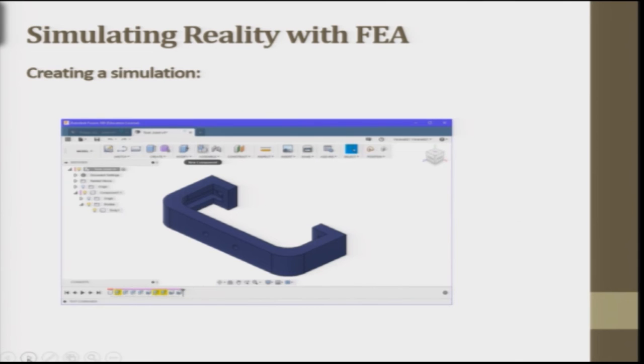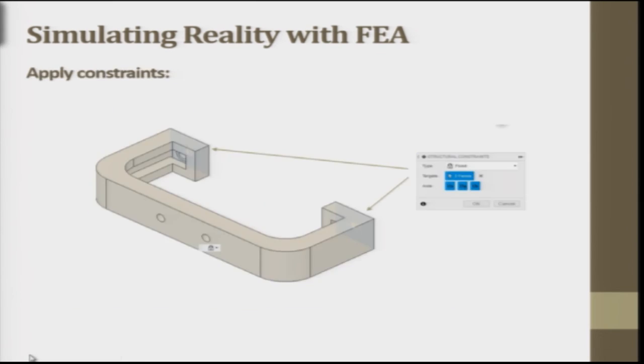Now, creating simulation. In this specific product, we will create a simulation, and this is the first step. We just take the product, test joint V1 is the name given to the product, and we have selected the specific document settings, and this is the body that is generated. Then we apply the constraints. The structural constraints, as I said, these are fixed. This cannot move because it has to be fixed. There is a hole here,